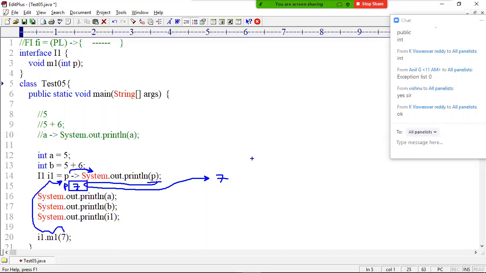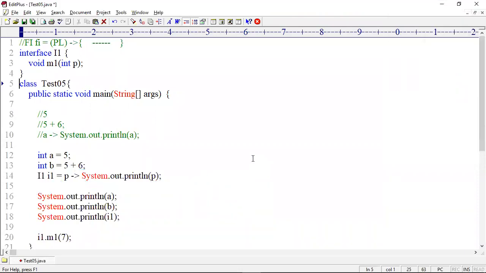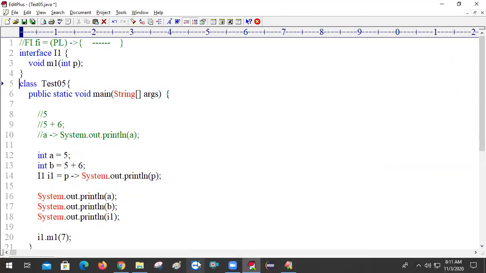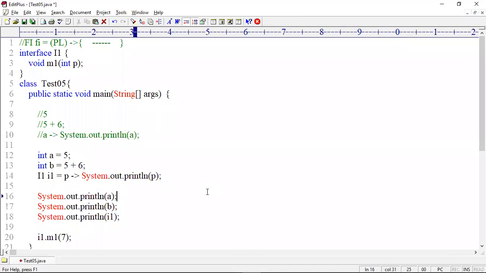Take this one also. I hope all people are comfortable now with working with lambda expression? Shall we try to do some more experiments?